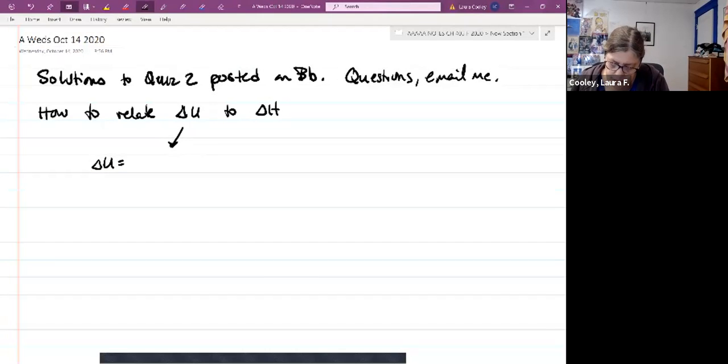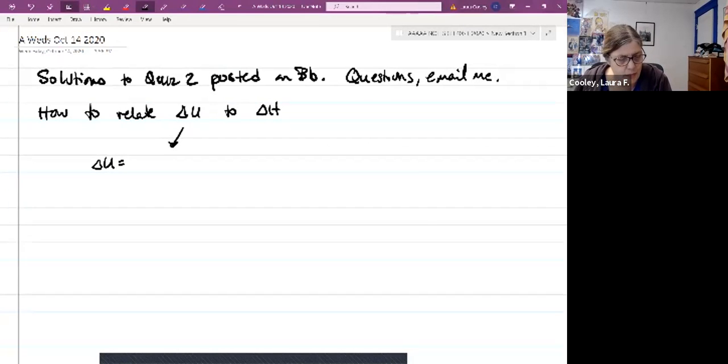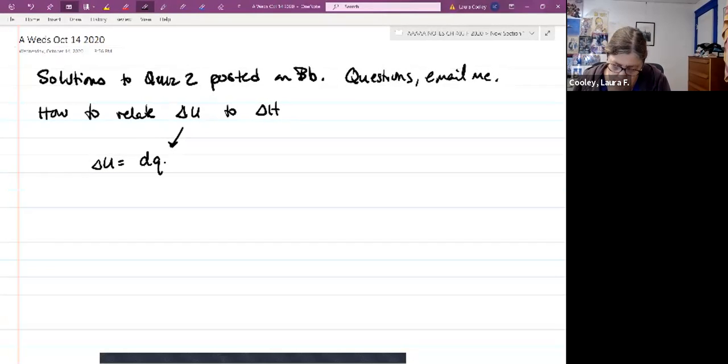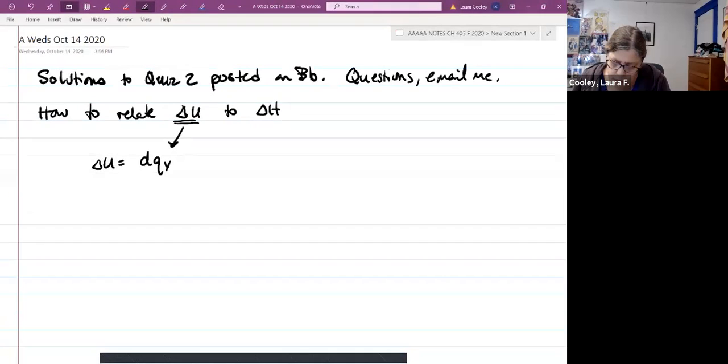I talked about a couple of different things. The last couple of times, we've learned that the change in internal energy is the heat that flows at constant